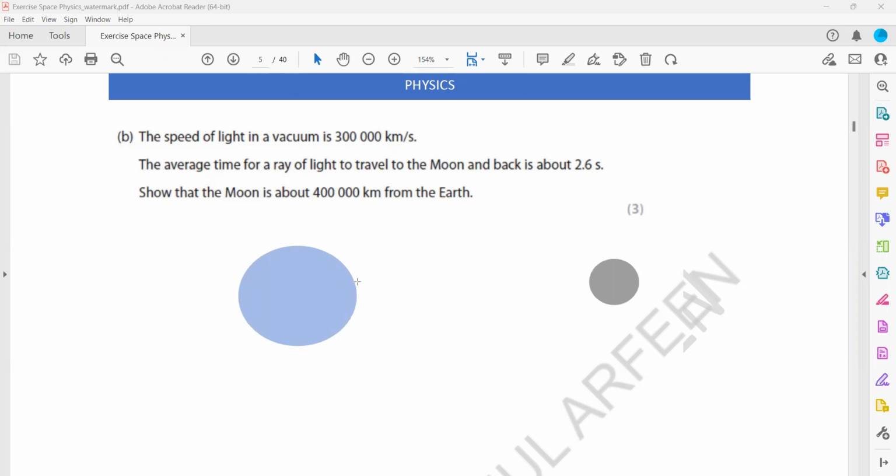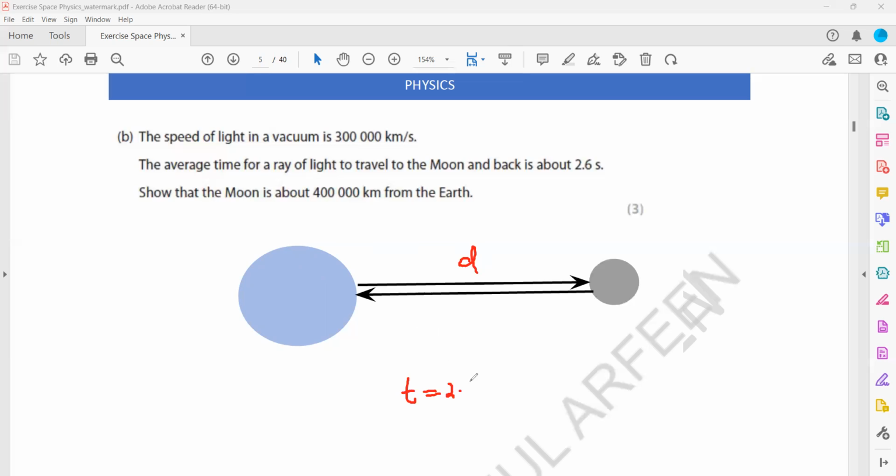We send the light from the Earth, and the light is reflected from these reflectors and bounces back. If I say the distance between the Earth and the Moon is d, the total time the light takes to travel and return back